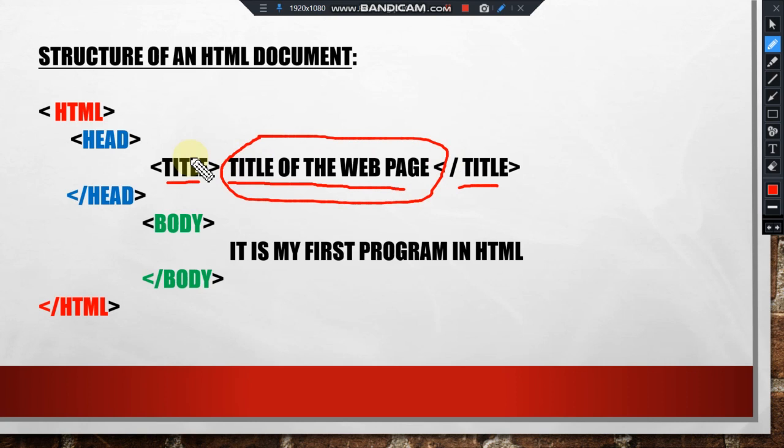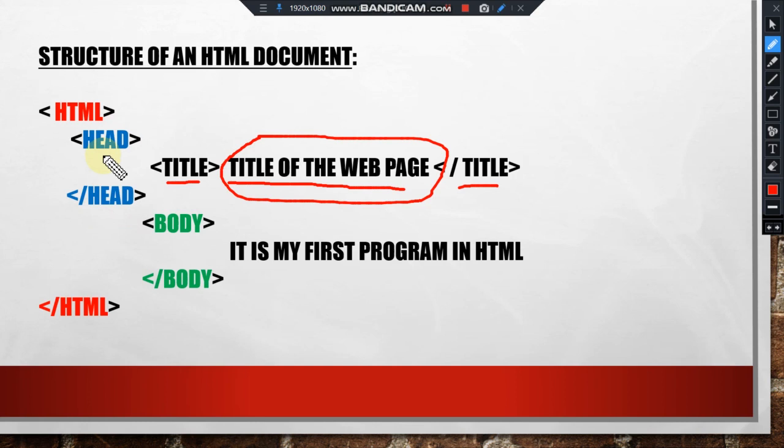The HTML page is divided into two sections, header and body. Your header comes under the head tag and the /head tag. These are the two tags which contain the header. Now what is a header? The header is where you put information that is important about the web page.